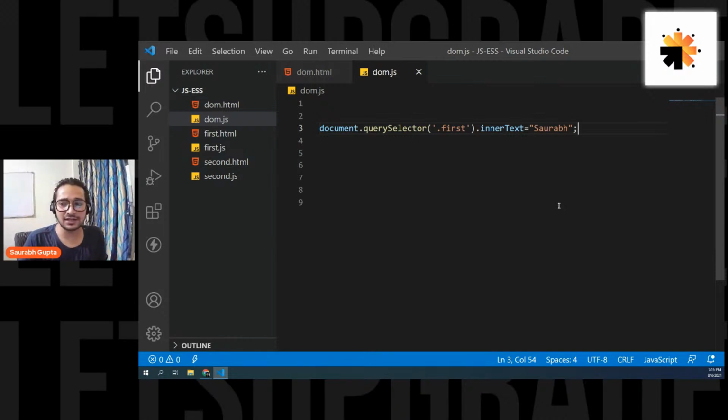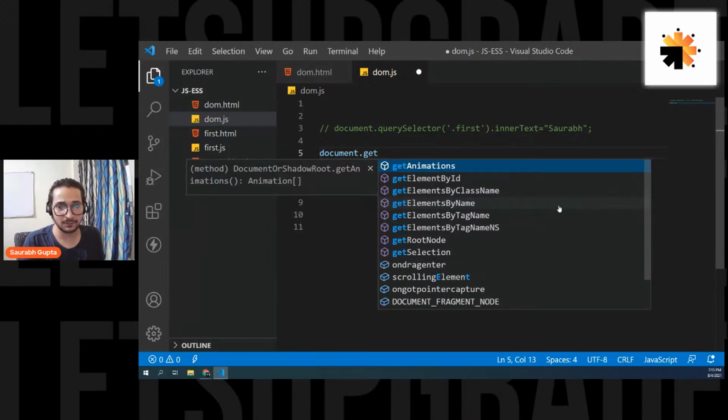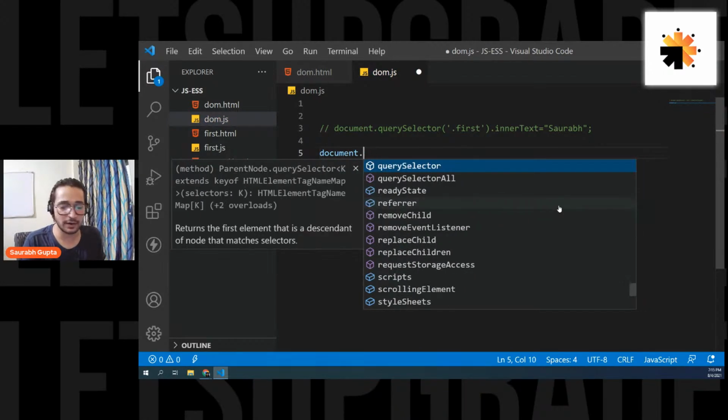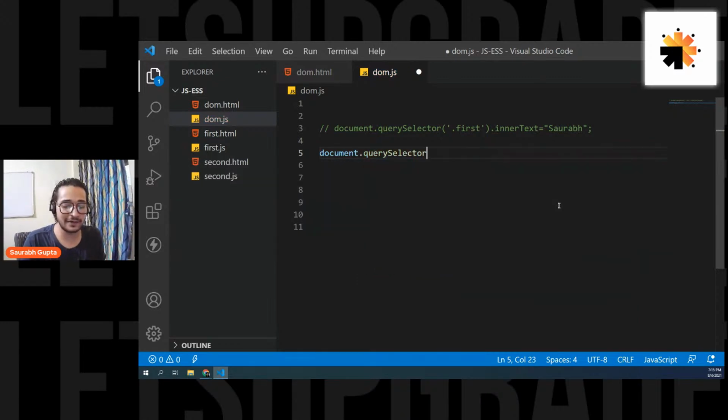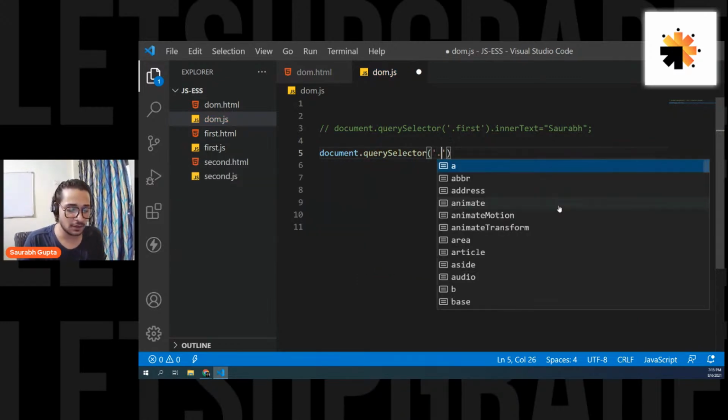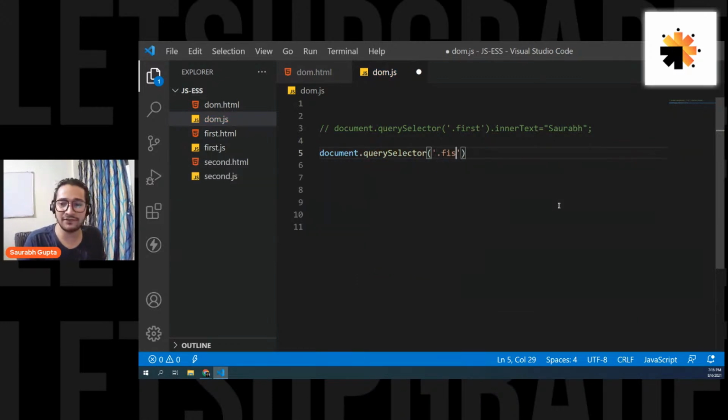Okay, cool. Now, this was how you change the data. What if I don't want to change it? I simply want to get it. I want to see what is the data in there. So again, the first important step is to fetch the element. So again, document dot, no get, I'm using query selector, I forgot. Query selector, and again, the first p. So again, fetching the element. Let me just put it inside a console.log so that I can show you.